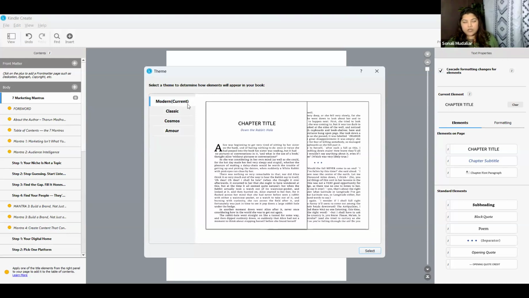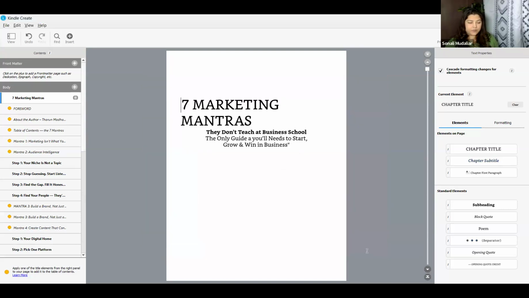If you ask me, most of the time I prefer to use modern or classic, but classic is my favorite one because the way things get written down, it looks very good. Cosmos is again okay, but I don't like the way this is being written. And over here, there is a color variance. So I generally choose classic, but go with what you feel comfortable. But do not use this particular font because it's not that readable. So I am right now going with classic. I say select and it gets applied to everything.